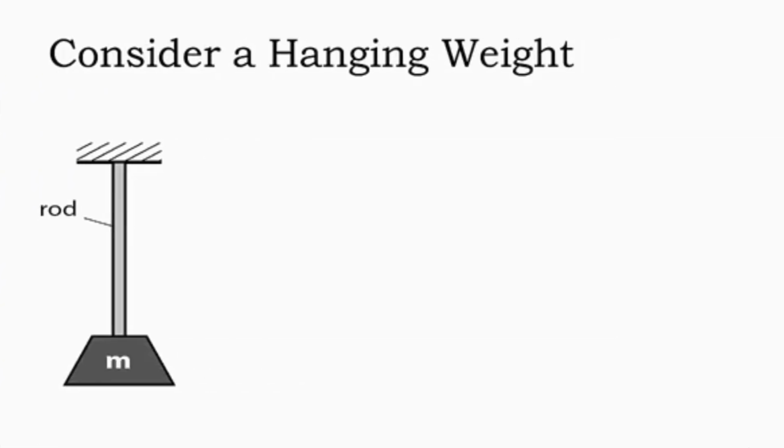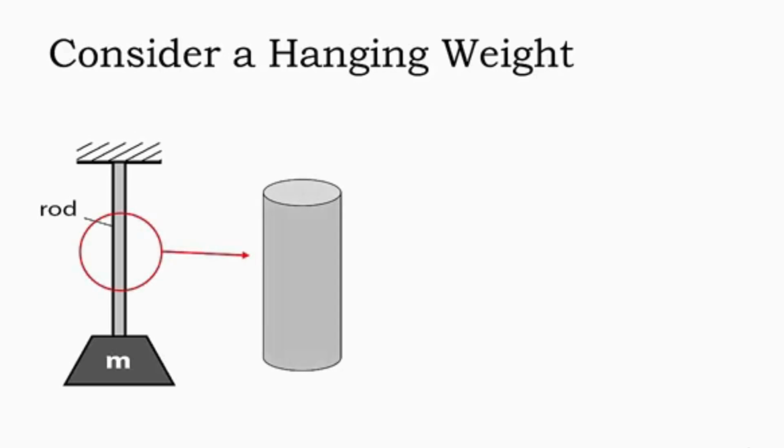Consider a hanging weight system pictured here. We have a weight of mass m hanging from a rod that is rigidly connected at its other end. In this example, let's also neglect the weight of the rod and assume that the system is in static equilibrium. If we take a closer look at the center portion of that rod and cut it away and remove